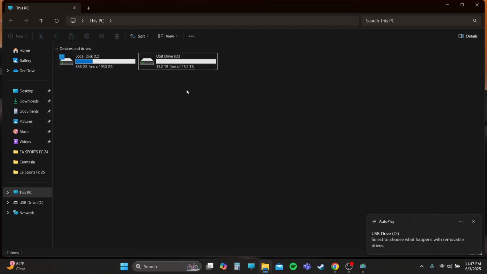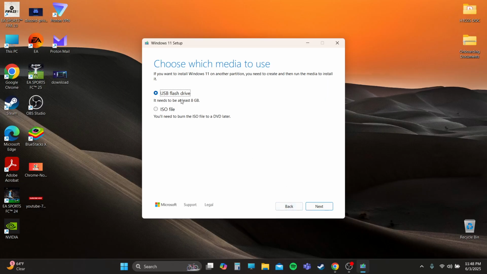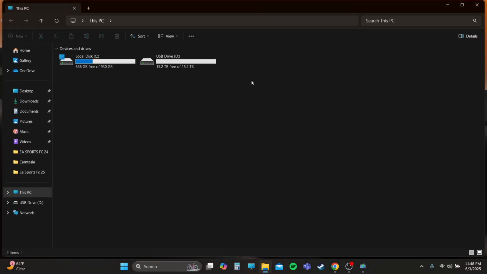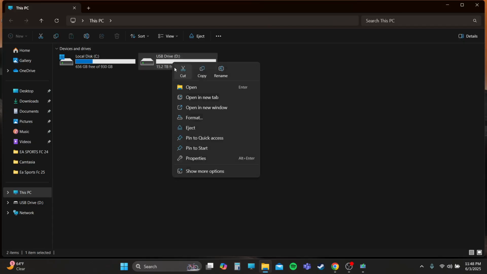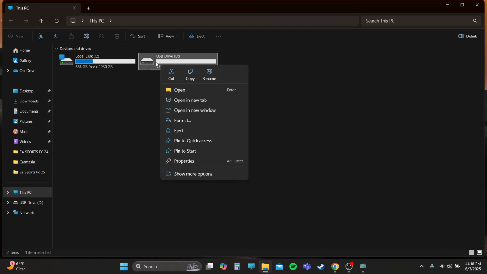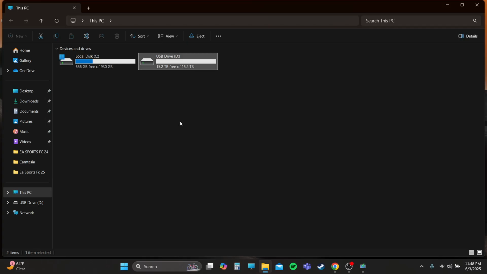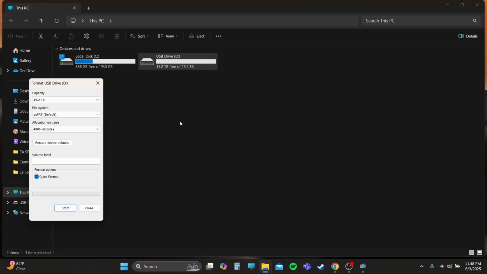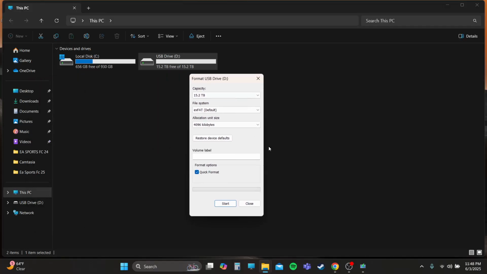And as you guys can see, here is my USB drive. I will just go ahead and install, but I will show you guys how to format the USB in case you don't know. So click on the right mouse button and then click format. Once you do that, click start,